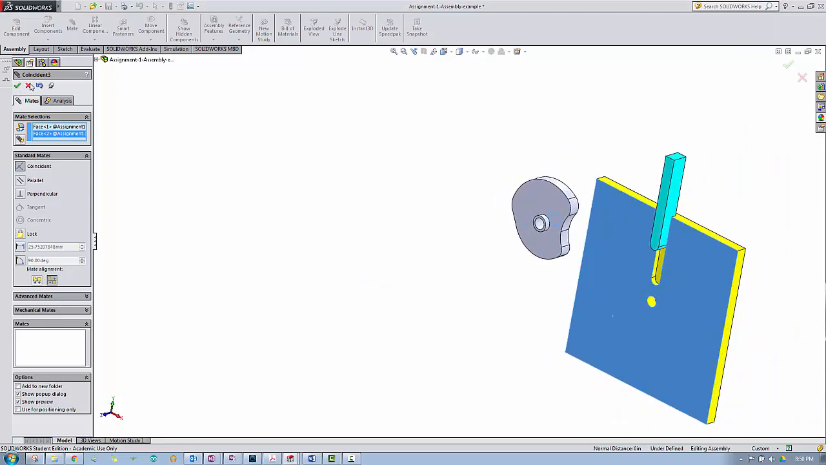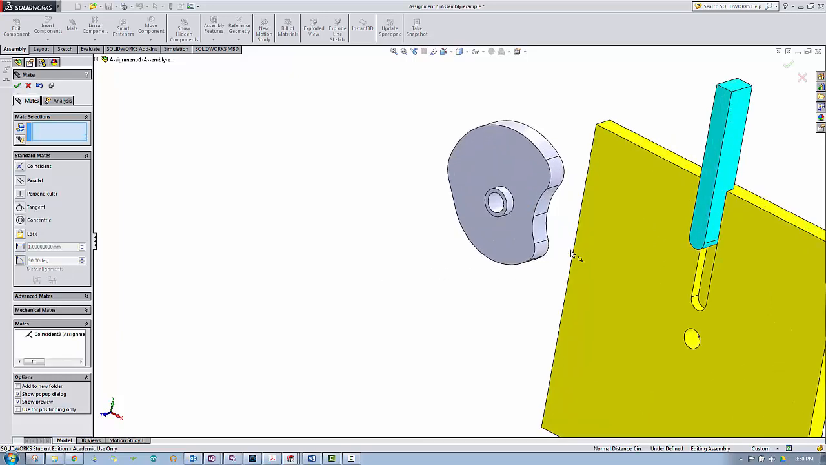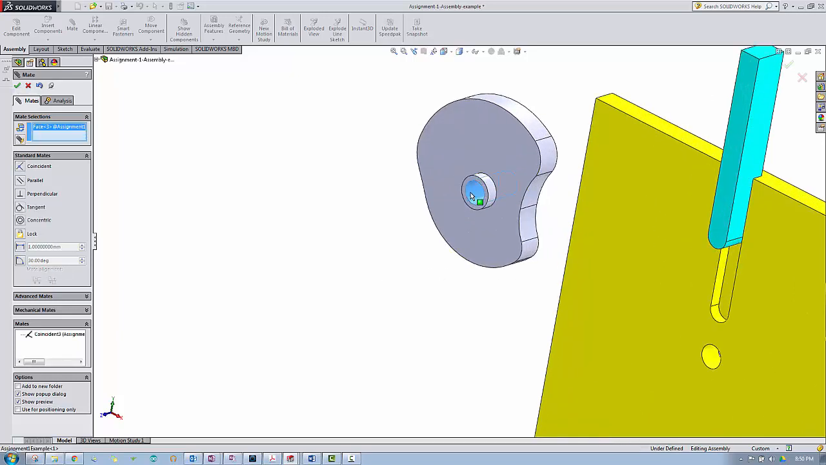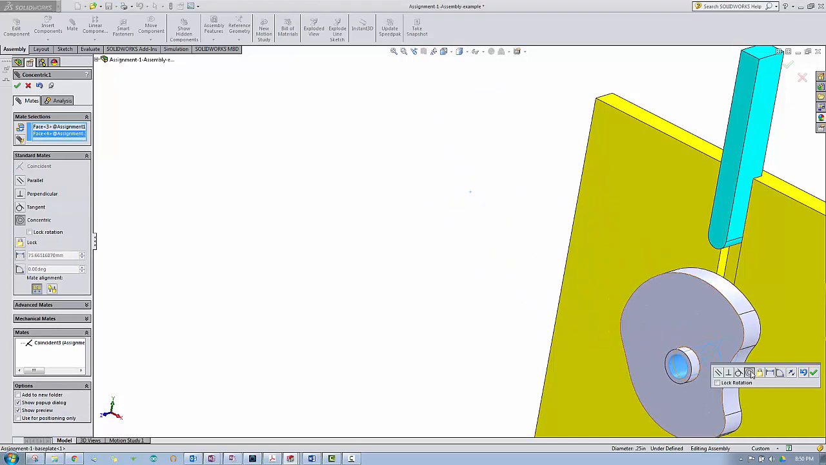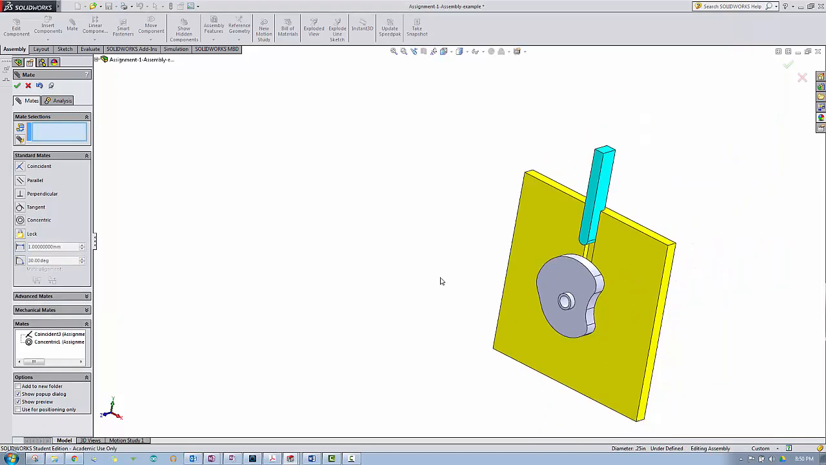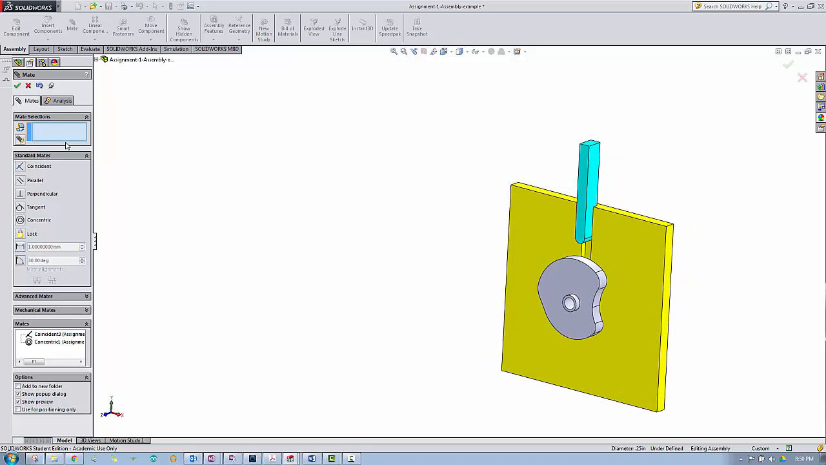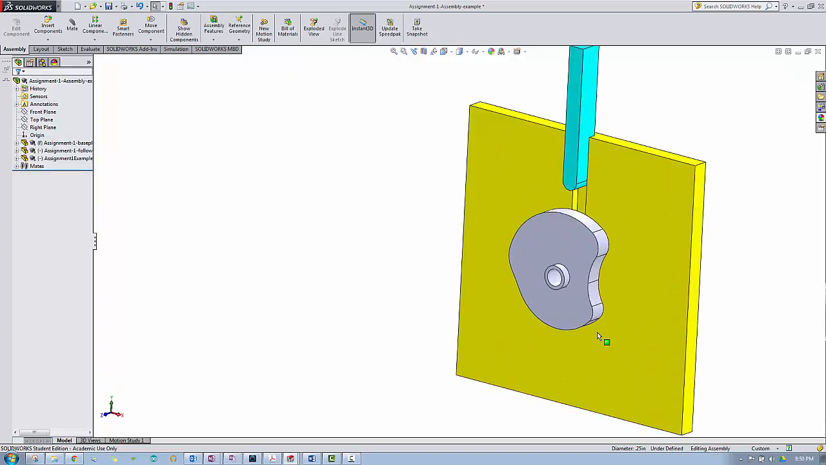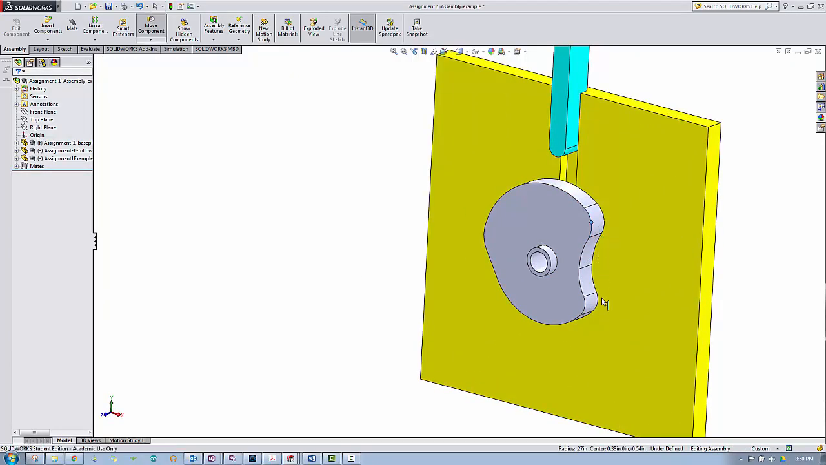By the way, it's coincident. And I will select the center of that cylinder and the cylinder in the plate and accept them to be concentric. All right, so this should now, if I X out of that, come in here, I should be able to drag on my cam and allow it to rotate. All right, so the next thing I need to do is